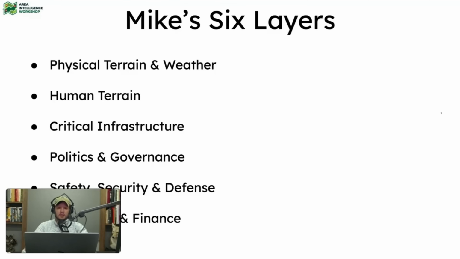Next is the human terrain. So who lives near me, not just demographics, not just sex and age and race and all that stuff, although that can be very important. But what are people's political beliefs or ideological beliefs? What are their thoughts and opinions? What do they think about government? What do they think about law enforcement? What do they think about Trump? What do they think about me? All those are aspects of it, and what's their culture and their language.